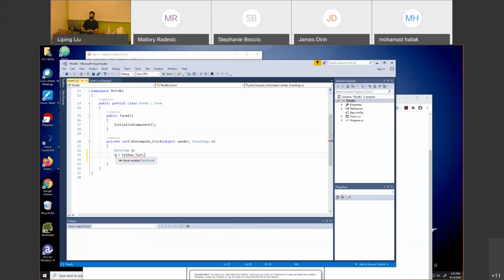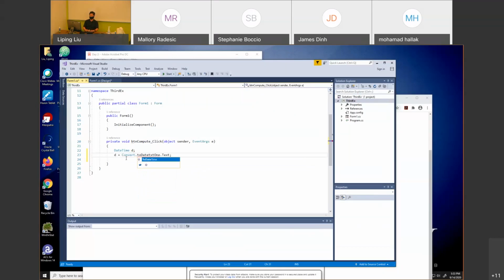D is DateTime, and which one is string? This tells you what kind of data you have on the right-hand side. They don't match, so you need to convert. You need to make sure this is converted into DateTime so that you can put it into this memory block. So to do that, just use type convert